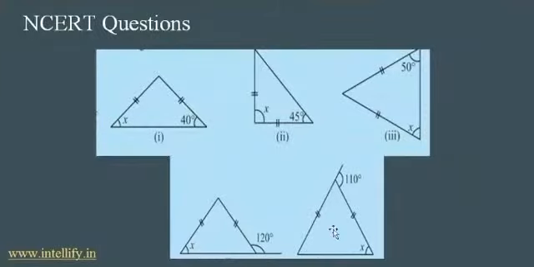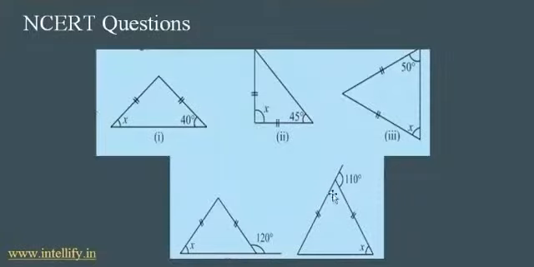Fifth question, again, this is also similar to this fourth question. The exterior angle property is used. Hence, this particular angle will be found to be 70 degrees. And this is the unequal angle. Just remember, because this is the common vertex, hence this will be the unequal angle.